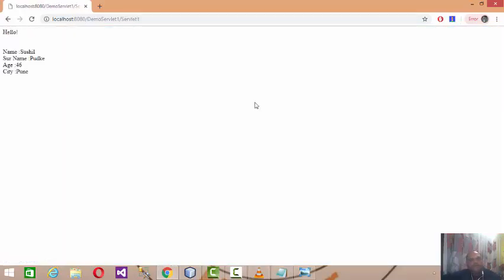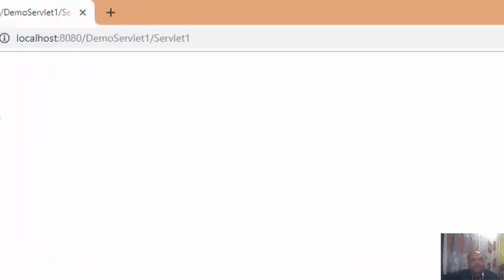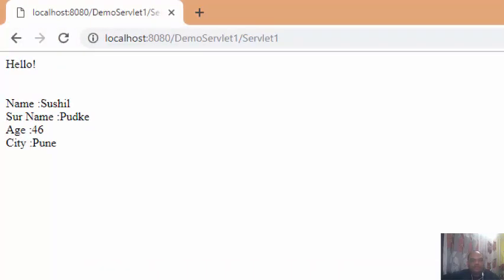Now once I submit this data, the server side code, that is servlet 1, gets activated. It will read that data and process it with out.println: it will print hello, and then the name of the user, surname of the user, age and city, right?